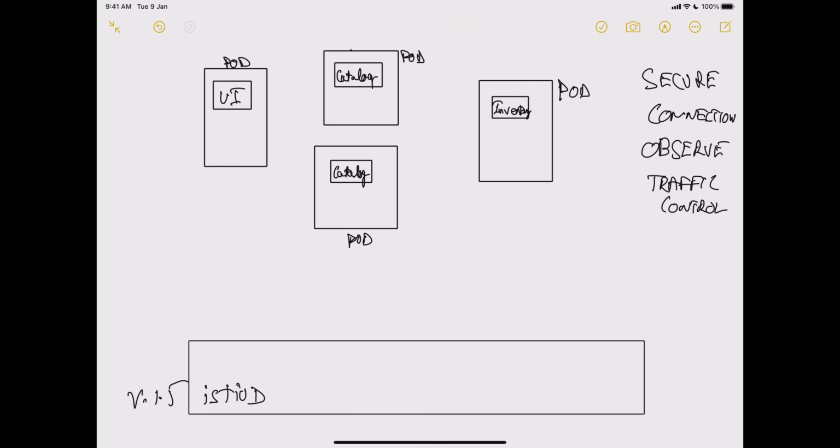This is the new implementation which has changed a bit from previous versions, where some other components were part of the control plane, but now they have been moved out of the control plane and they are part of the proxies which are implemented inside the pods.